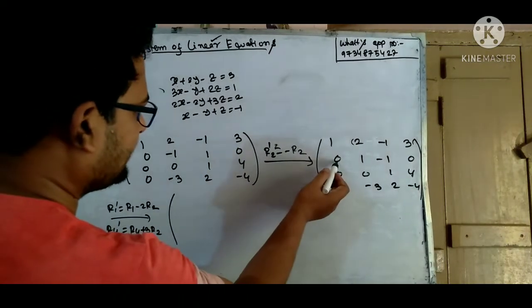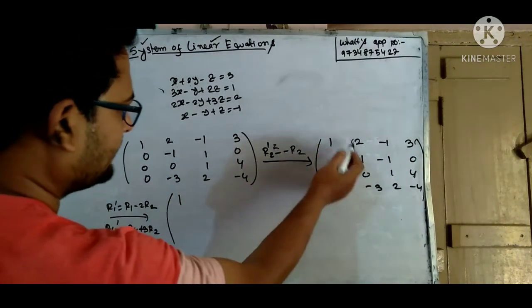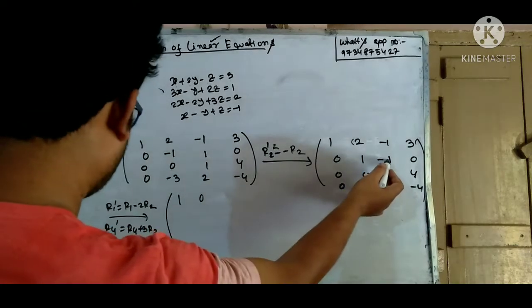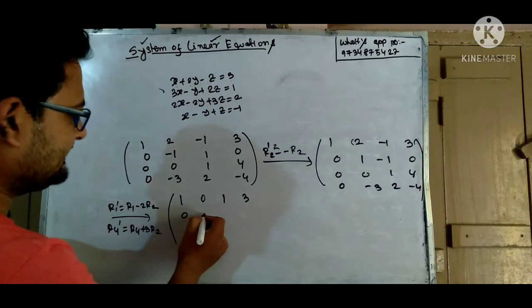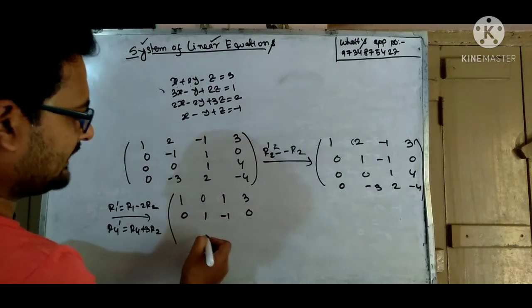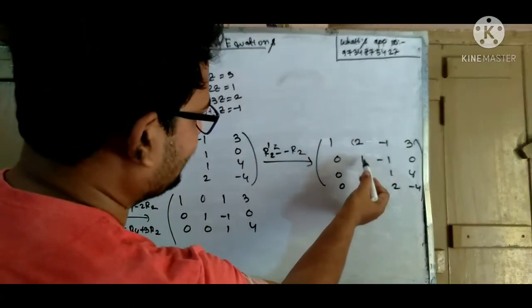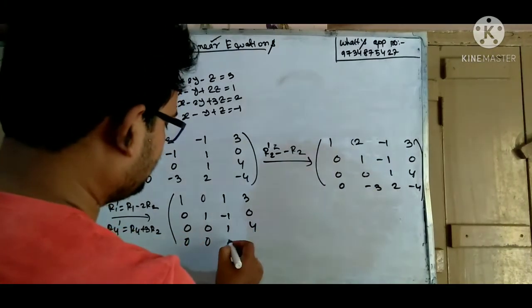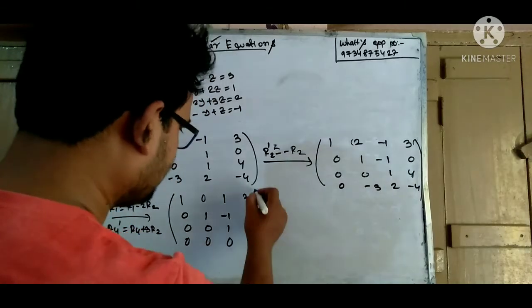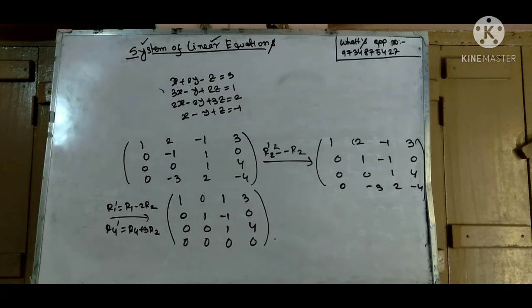So this will be multiplying this by 2 and subtracting. We have 1 from here, 0 from here, 1 from the last. The second row will be unchanged, and the third row also will remain the same, and for the fourth row, multiplying this by 3 and then adding, we have 0, this equals 0, this equals 0, and the last element will also be 0. So this becomes the new matrix.